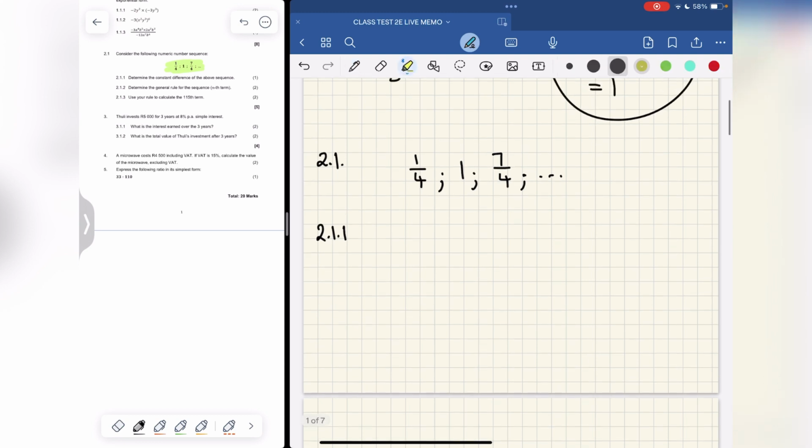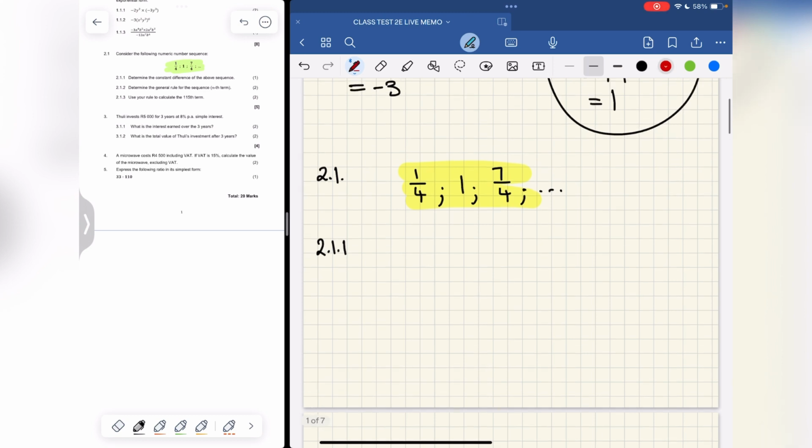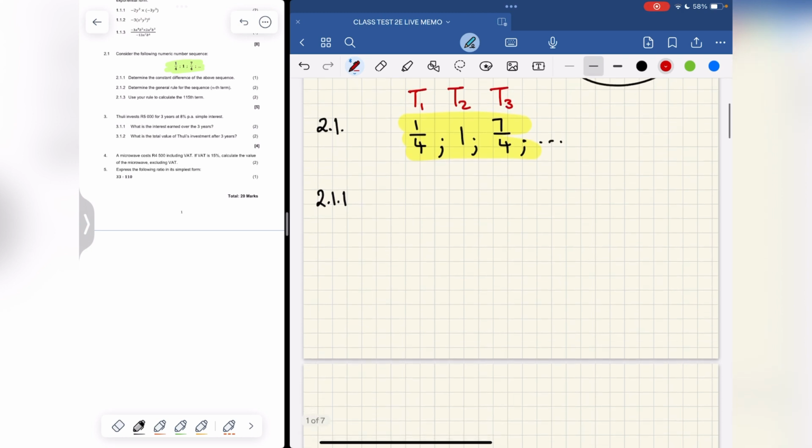Now, first of all, that is our sequence, and we still have terms, term 1, term 2, and term 3. So all these things are exactly the same. It's just that we're dealing with fractions now. So they're asking us for the constant difference. In other words, how do we get from that term to that term, and then from that term to that term? So in other words, to get from 1/4 to 1, what needs to be added